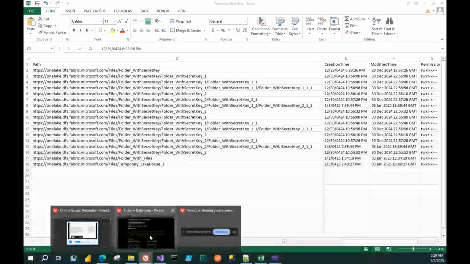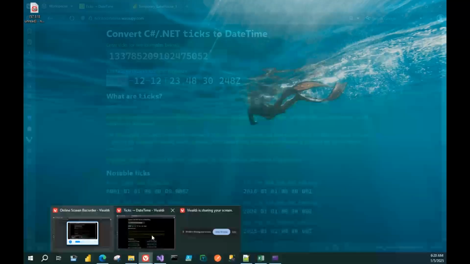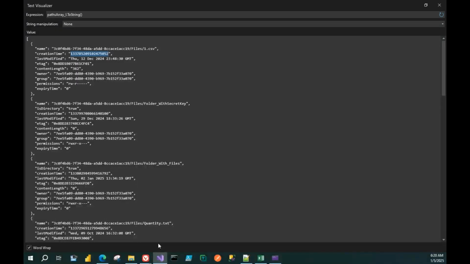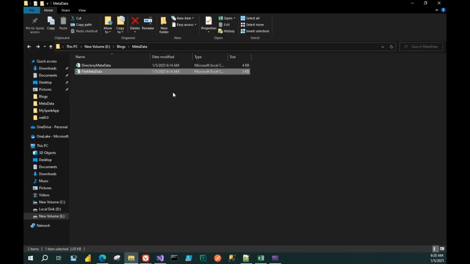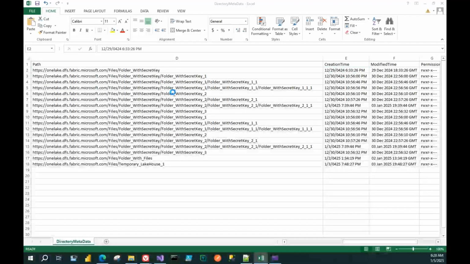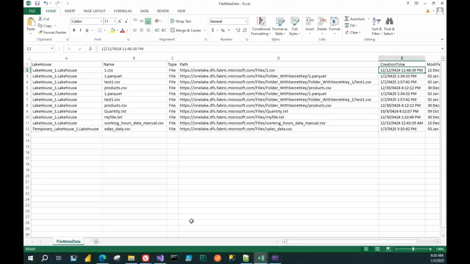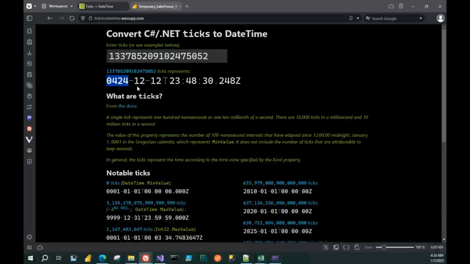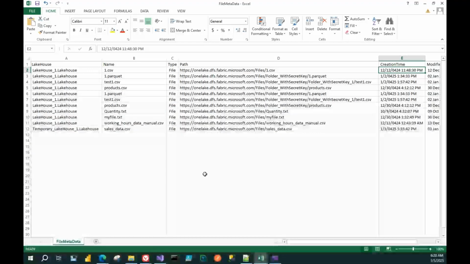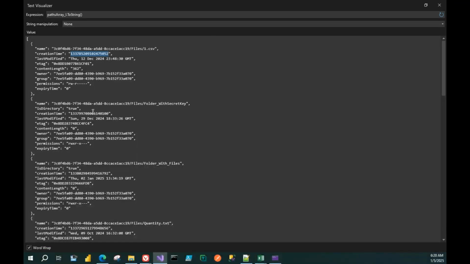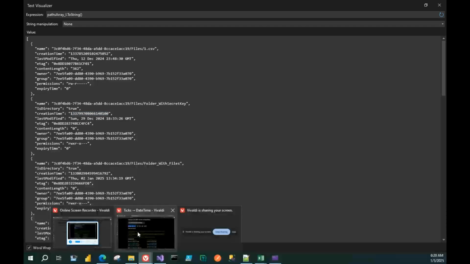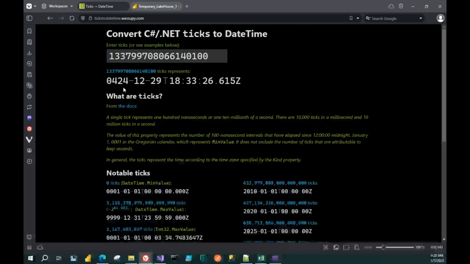So we are checking for 1.csv, right? So I'll just open 1.csv. It's saying 12.12.0424, and we are also getting 12.12.0424. And we'll check another folder. So this is returning 12.29.0424,